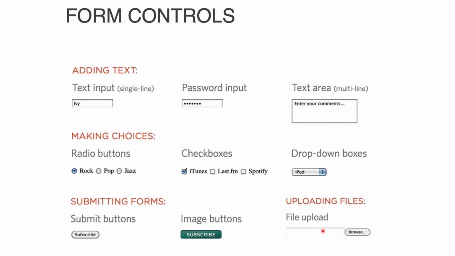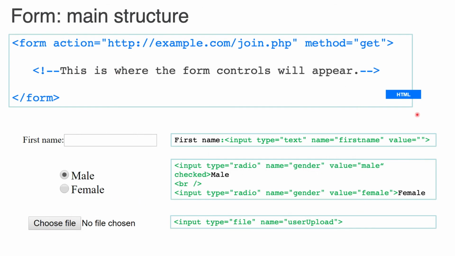And also file uploads. If you want the user to send a massive amount of data, like a picture, video, etc., then you need a file upload type of form control. This is how forms look in HTML code,